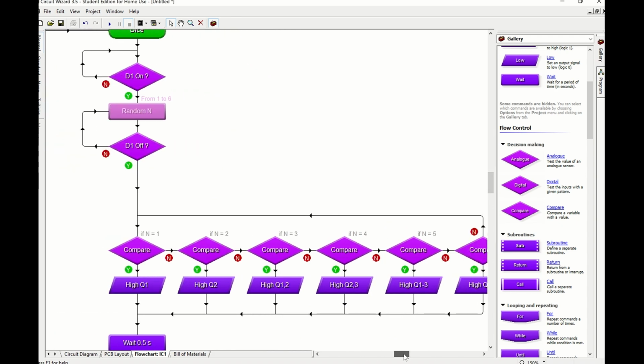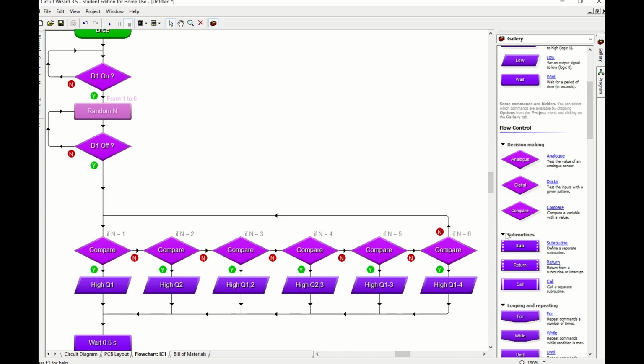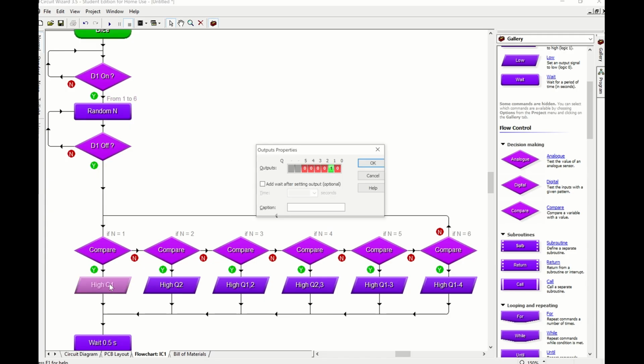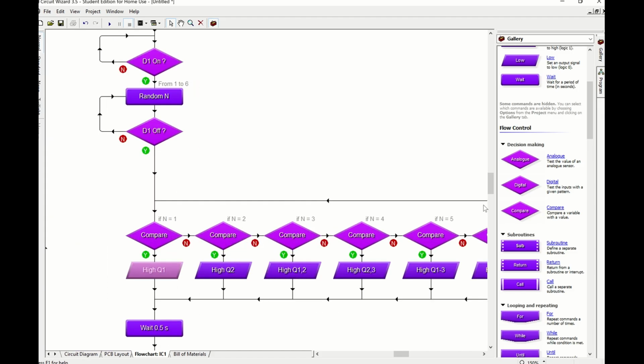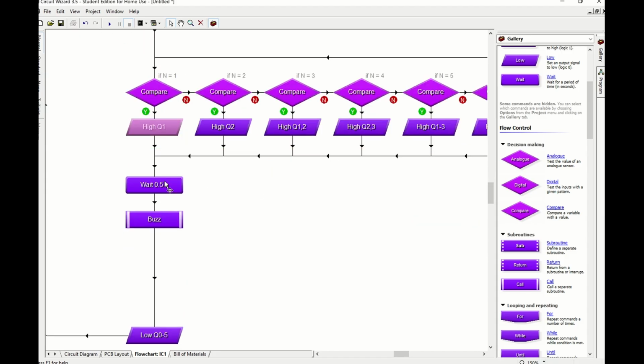You're very aware of this. N equals what? 1, 2, 3, 4, 5, 6. If it equals between 1 and 6, we've got different highs coming on. What I would do with these, just so you're really clear, is turn the rest of them off, just so we know we've got complete control. And then we've got a wait command just under those. Once we know that the number has been displayed on the dice, we wait for half a second,